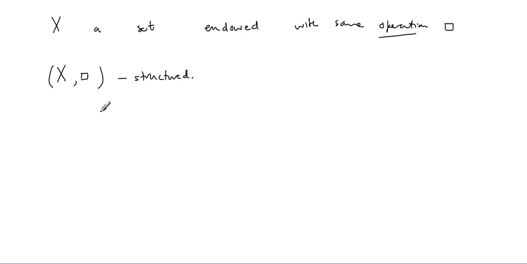The operation on two elements must give us something in the magma, in the set. So now what we want is that X is closed with respect to this operation. In other words, what we're doing here is giving the axioms which this structure must respect.